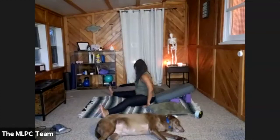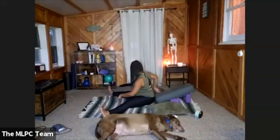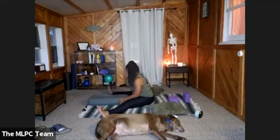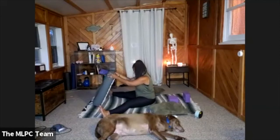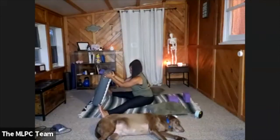From here, let's extend the legs out to the side. Give them a little wiggle if that'll feel good. And then maybe take the bolster and place it in front of you. And we'll take a forward fold here. So I'm placing the bolster